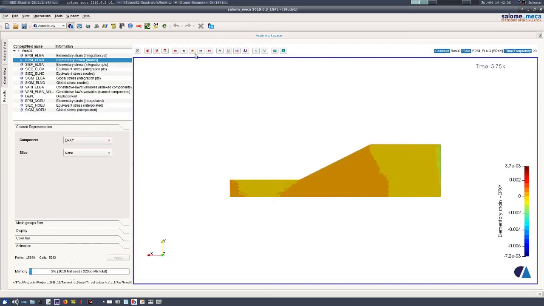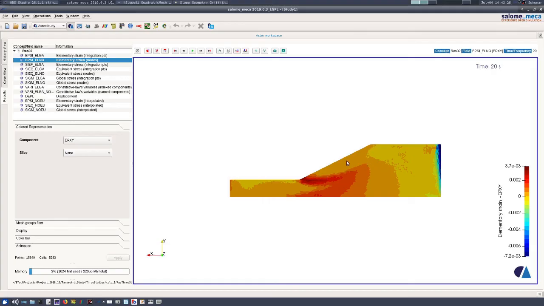Let me push the play button, and you can see that we have some bands of failure planes developed. Here you see this is my failure plane development from the toe towards higher up, because here the EPXY, that is the shear strain, is maximum as per this scale, 3.7 into 10 to the minus 3, that is the strain. And this side it is negative, that means it is in anti-clockwise direction, because when this is moving down,